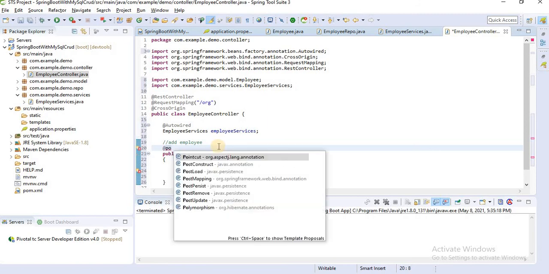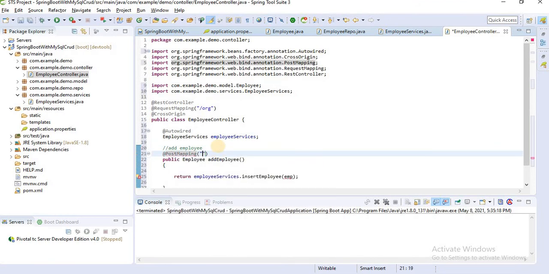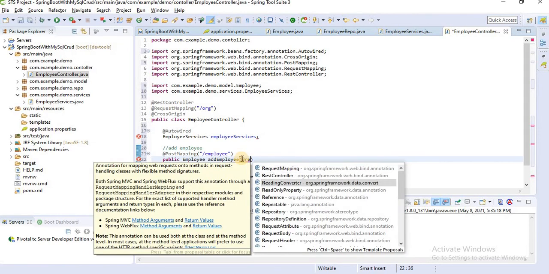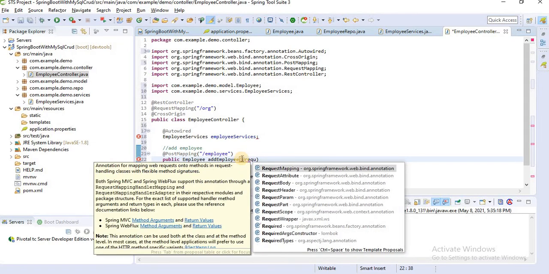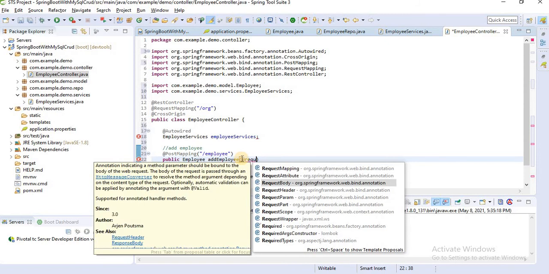We are posting data, that's why we are using post mapping. Then slash employee, and we will pass the data in the body. We will not pass it as a parameter because it's bulky data, and bulky data we always pass in the body. That's why we have here RequestBody.